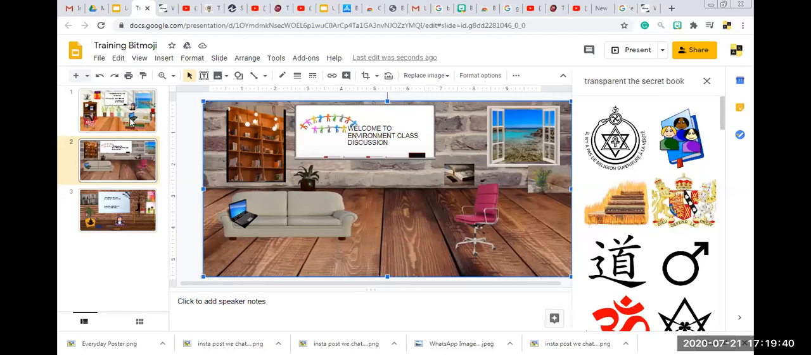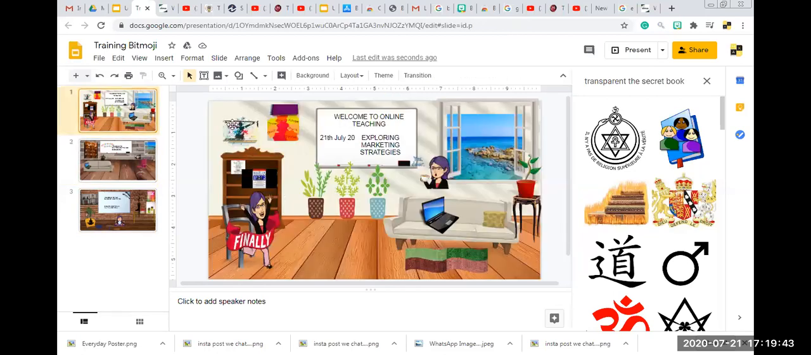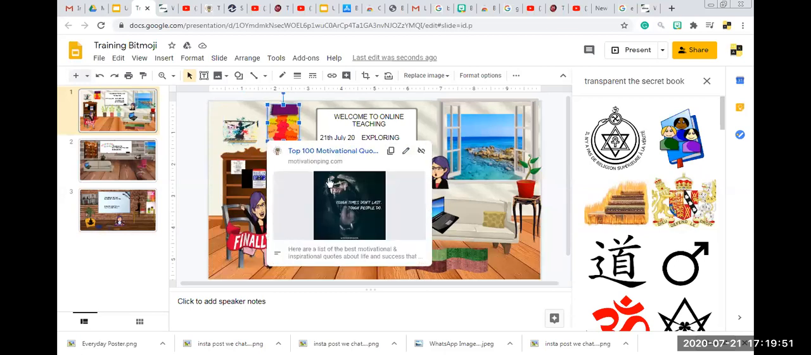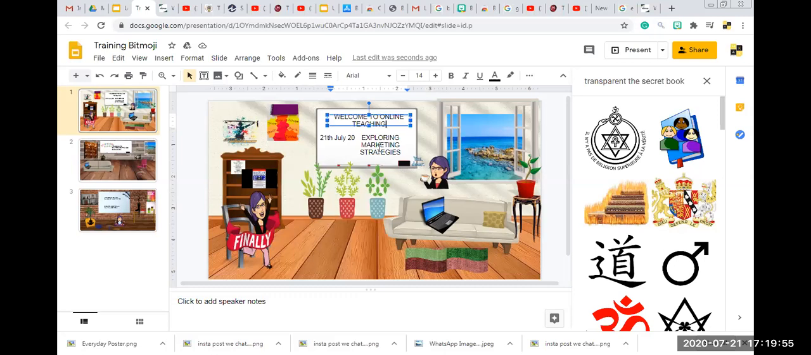I'm quickly going to show you once again. These are the posters that we said, the element Steve Jobs as a case study. This is the motivational quote that we showed you. If I hit over here, feel free the elements. This is the topic of the day where you had the 6 various kinds of exploring marketing strategies talked about